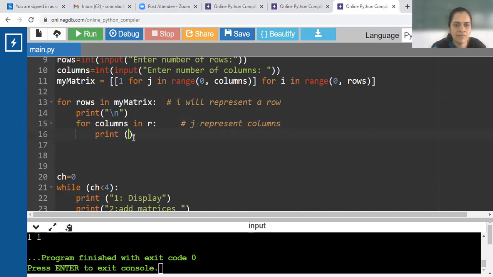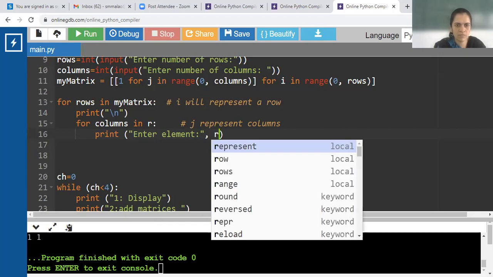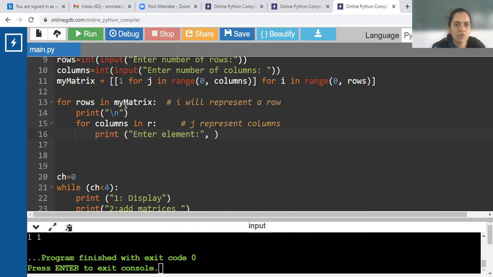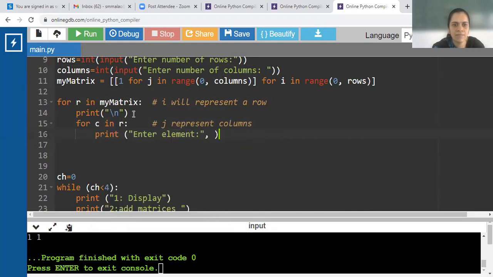So now print, I just print a statement, enter element, then I display R rows. Okay, for rows in matrix. Okay, let us keep it as R only and columns in C.